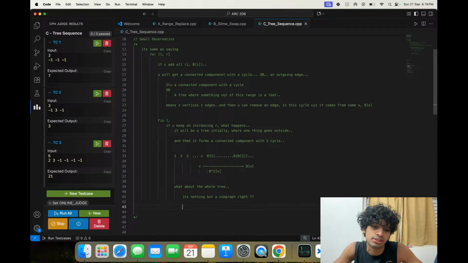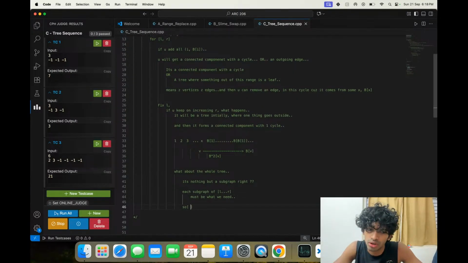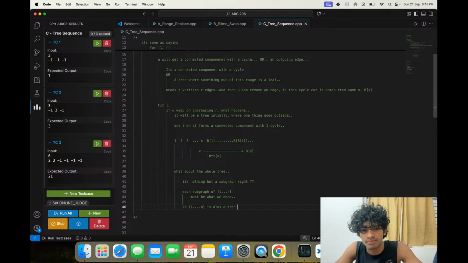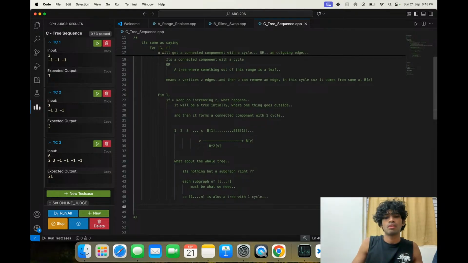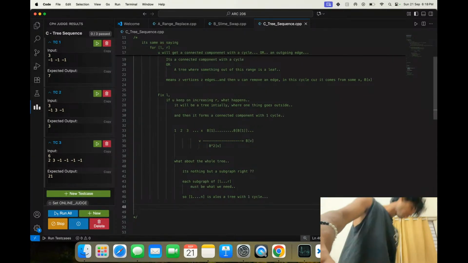We're looking at each subgraph of L to R, which must be what we need, right? So 1 to n is also a tree with one cycle. Now imagine the tree with one cycle.